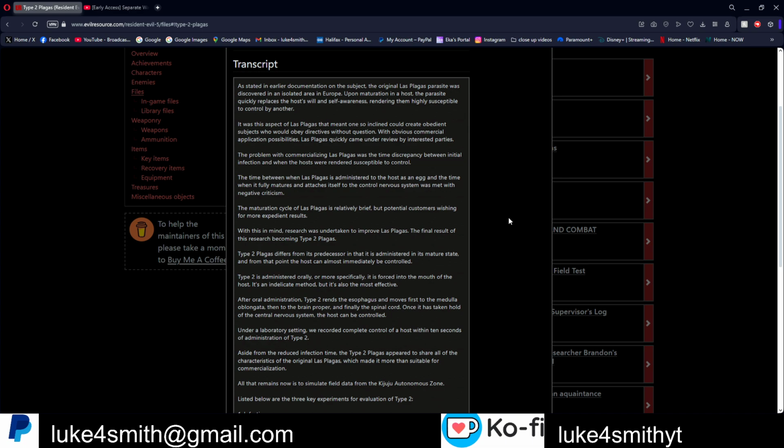terrorists. The problem with commercializing Las Plagas was the time disparity between initial infection and when the hosts were rendered susceptible to control. The time between when Las Plagas is administered to the host as an egg and the time when it fully matures and attaches itself to the central nervous system was met with negative criticism. The maturation cycle of the Las Plagas is relatively brief, but potential customers wished for more expedient results. With this in mind, research was undertaken to improve Las Plagas, the final result of this research becoming Las Plagas